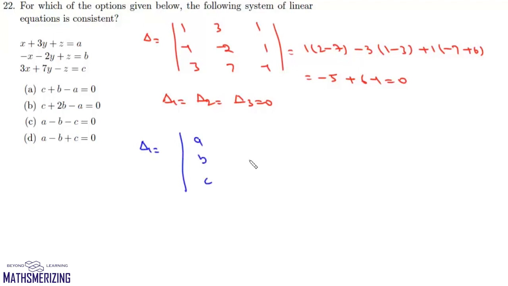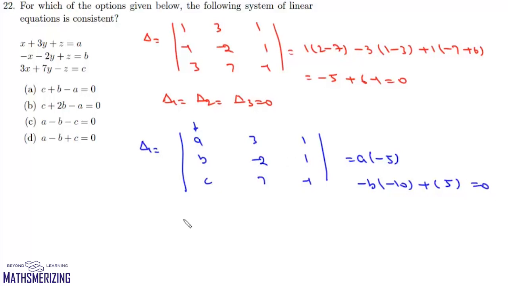the determinant A, B, C; 3, minus 2, 7; 1, 1, and minus 1. And if we expand it about this row, we'll get A into (2 minus 7), which is minus 5, then minus B into (minus 3 minus 7), which is minus 10, and plus C into (3 plus 2), which is 5, and it should be 0. So from here we can write minus A plus 2B plus C should be 0, which is your